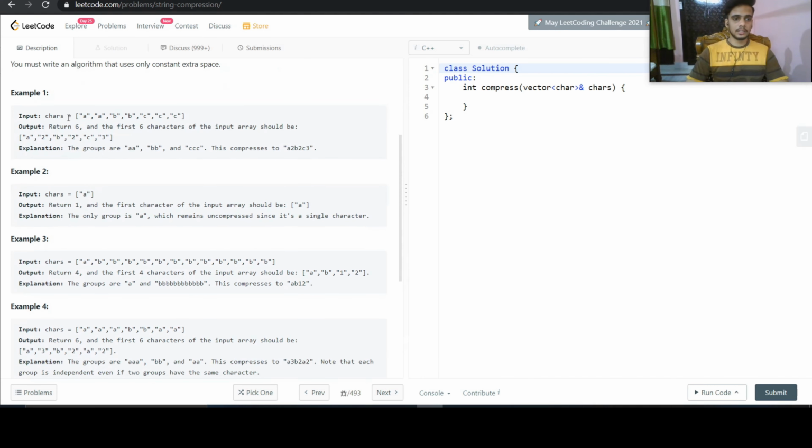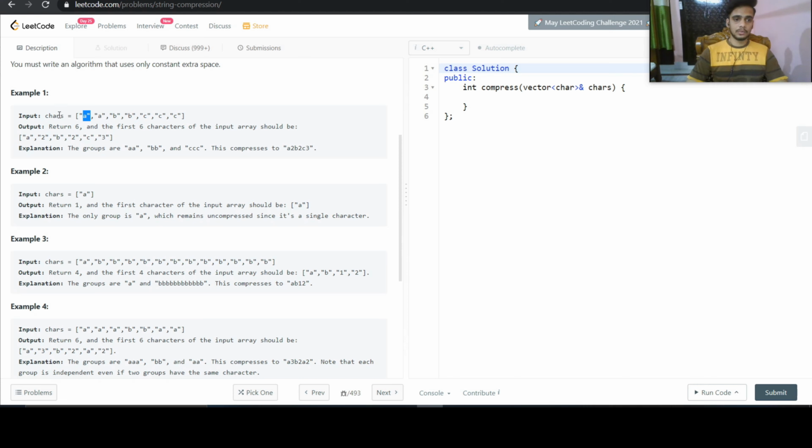So we are given a character array, and what we need to do is compress it. We need to group all these characters together, and if the count is 1, then we just put the one character, or if there is more than one character, then we put the character and its count after that.